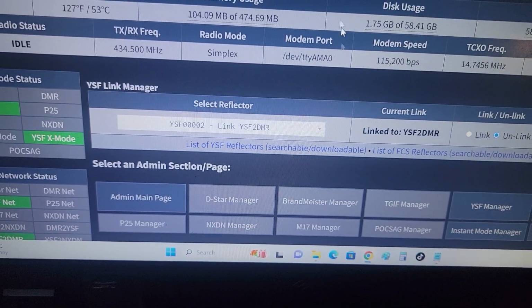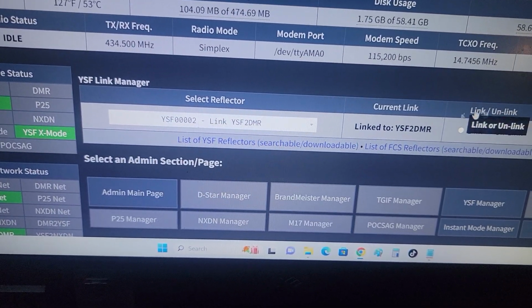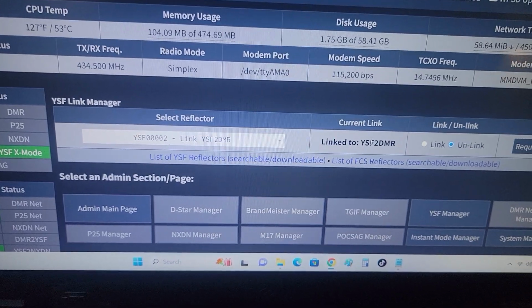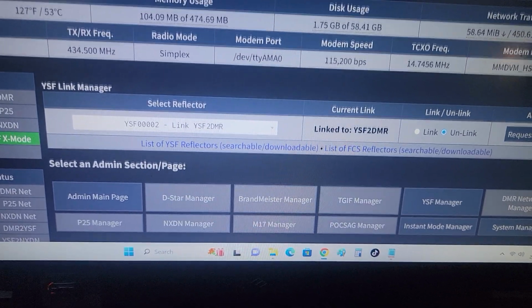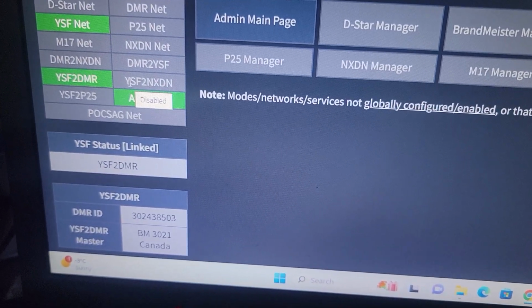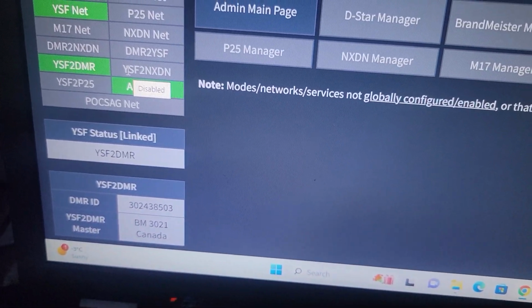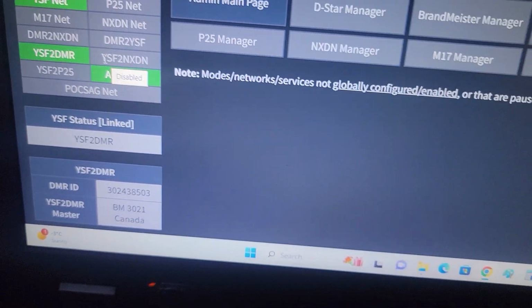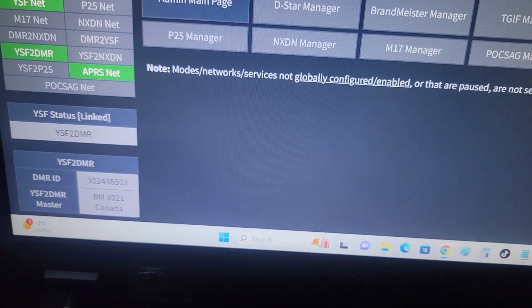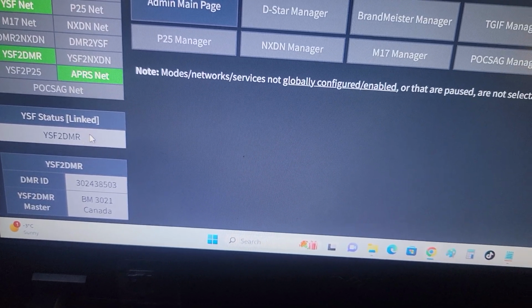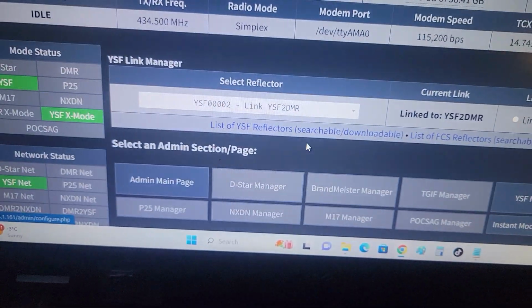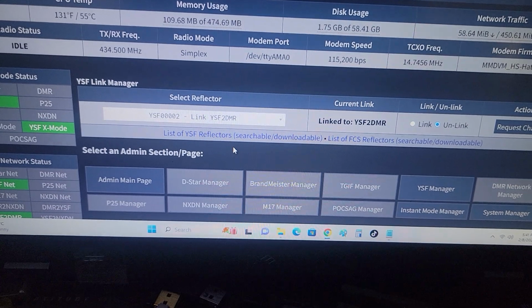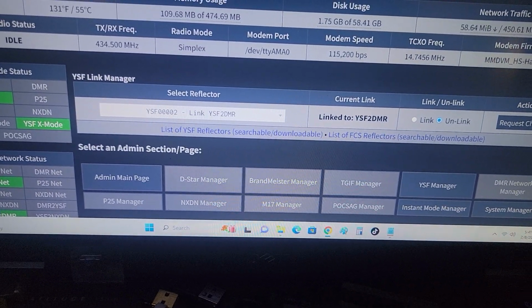So for whatever reason, there's like a bug or something in this, but it didn't actually stick, or sometimes, maybe I'll show that. I'll probably make a liar out of me, but as you can see right over here, the YSF status is linked to ysf2dmr. Okay, so as you can see, everything here is all green lights, and it's all working, and that is basically it. So from there now, I'll just go back out to the dashboard,